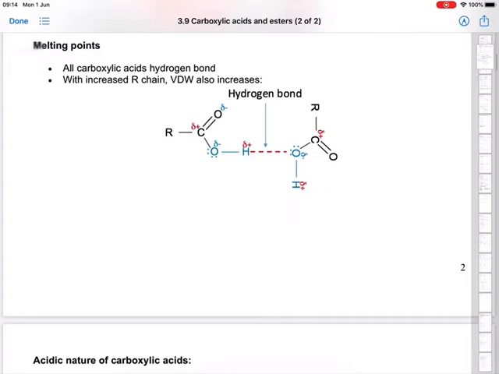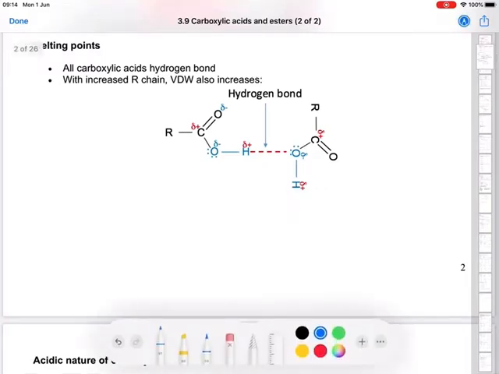As we look at the melting points then, the carboxylic acids, because they form hydrogen bonds, can form hydrogen bonds with each other. Now, you need an additional diagram on here because those of you that have been coming to the Zoom meetings will know by now that the carbonyl group, the oxygen in the carbonyl group, is an exception to the rule. It can form hydrogen bonds, which basically means that